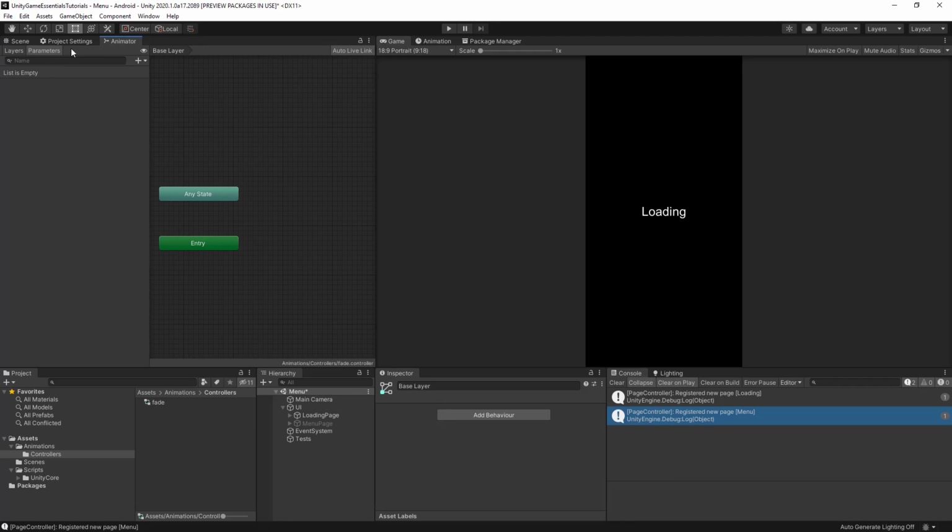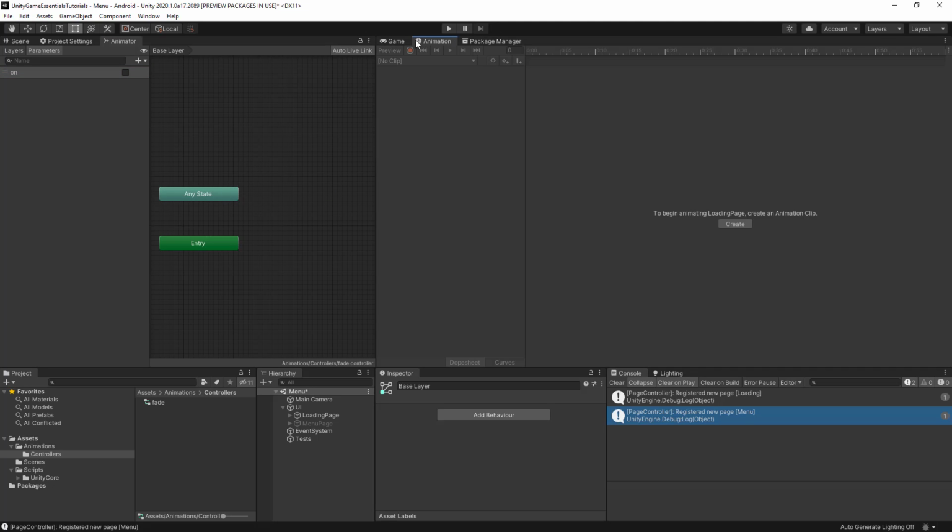Okay, so from the animator, we have parameter selected, and we can add a new bool. The bool is going to be called on, and the spelling is important. It's important that the spelling of this matches what we have in the script. Okay. So what we'll do now is go to our animation tab,